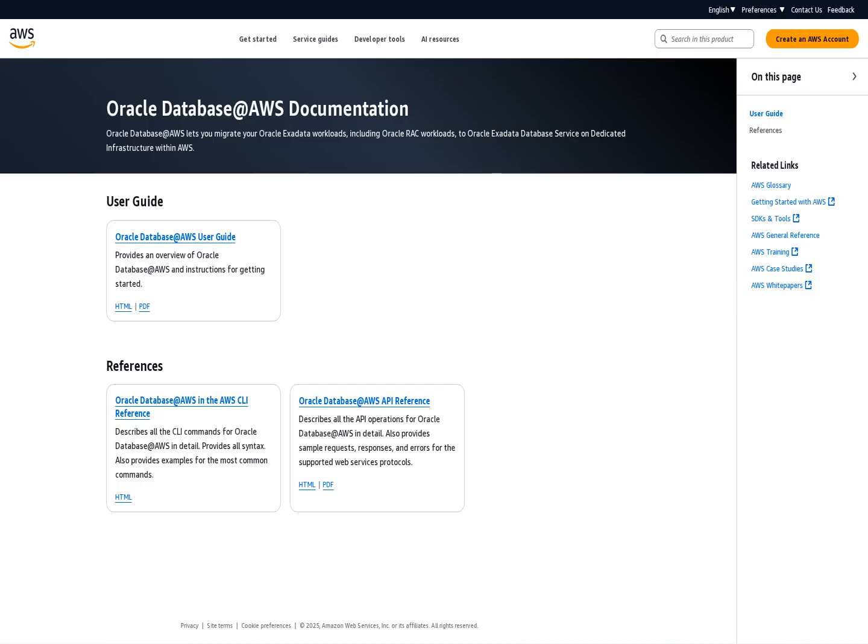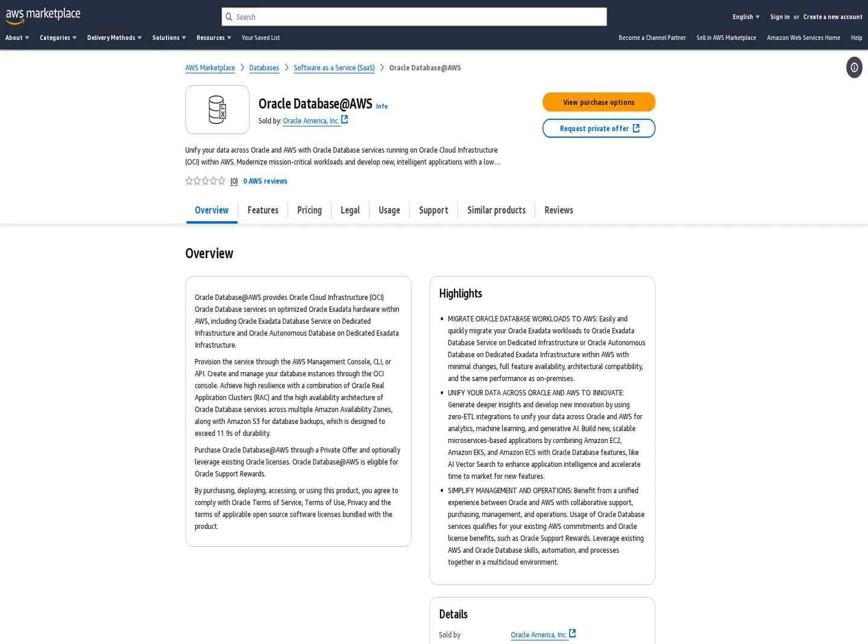With this solution, you can easily migrate your Oracle Exadata database workloads, including Oracle Real Application Clusters, without requiring significant modifications to databases or associated applications. Additionally, you can establish low-latency connections between AWS applications and Oracle Database at AWS. Oracle Database at AWS also enables ZeroETL integration with Amazon Redshift, allowing for near real-time analytics and machine learning on transactional data stored in the database. Furthermore, you can store both Oracle-managed backups and manually taken backups to Amazon Simple Storage Service, which provides 11 nines